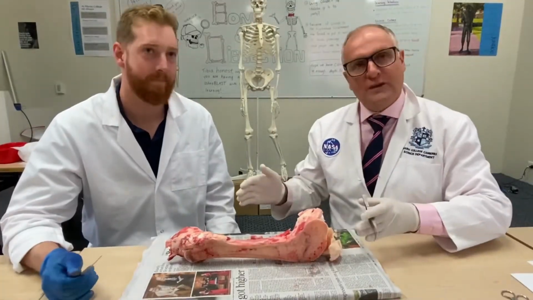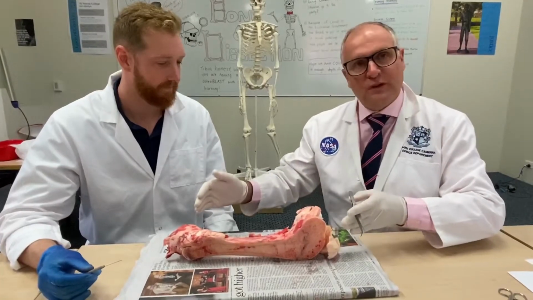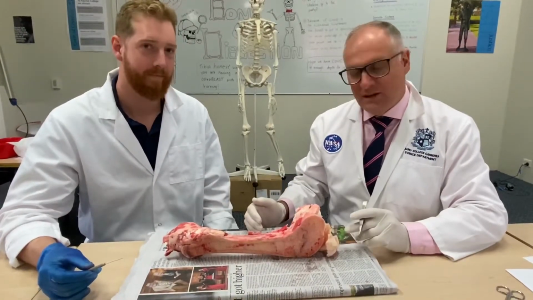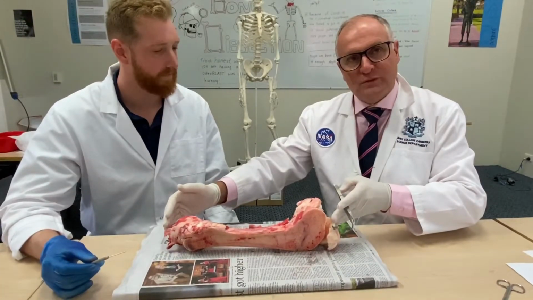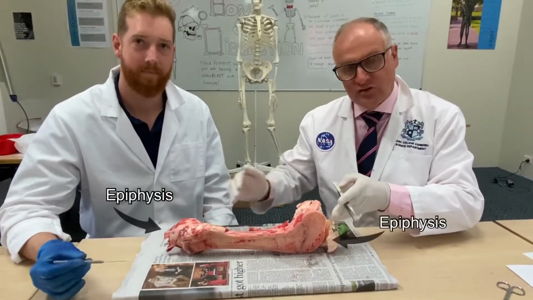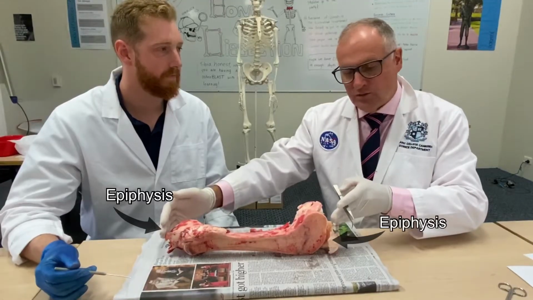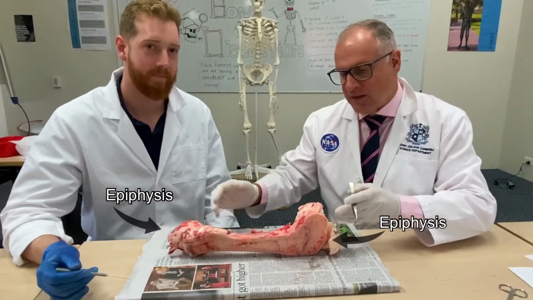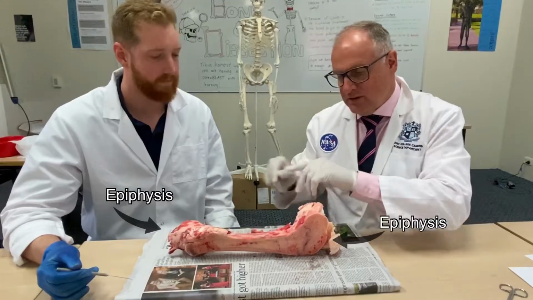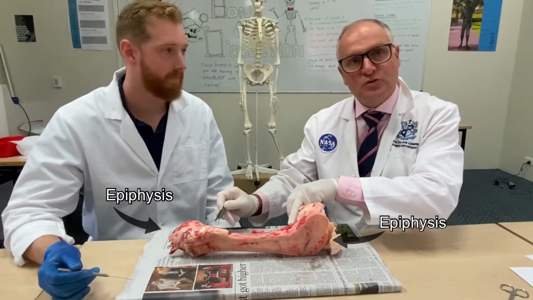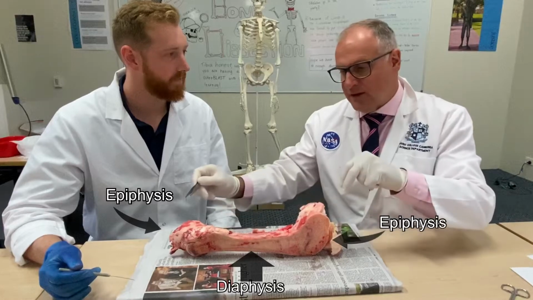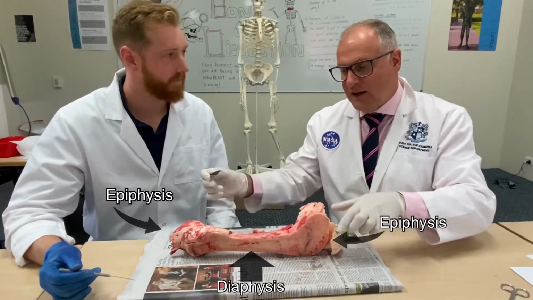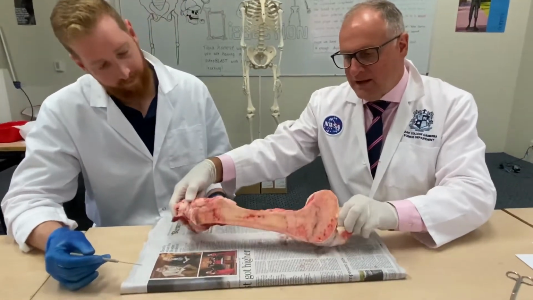Okay, so everyone's got now a picture of the cow's femur in front of them. To identify key parts, you'll know now from your reading that the ends of the bone are referred to as the epiphysis. So each end is referred to as an epiphysis. The centre shaft of the bone, from here to here, is referred to as the diaphysis. So a key part here, we have epiphysis, diaphysis, and if I roll the bone over now to clarify,